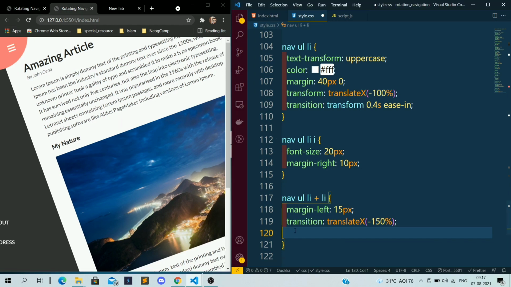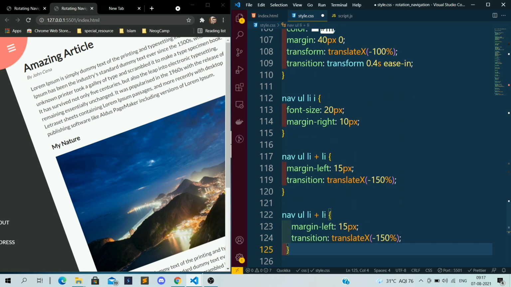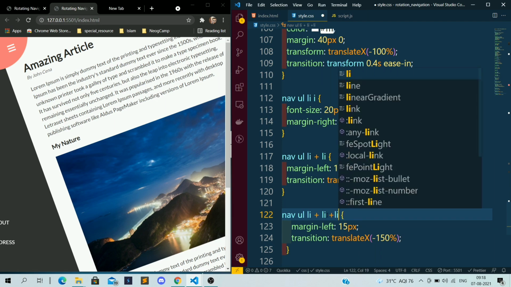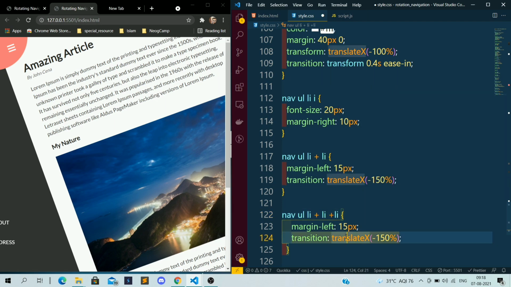Okay, so similarly I want to apply this for the third li also. So I just copied it, and I will give one more plus for the third one, and I will give this 30 pixels so that it will show somewhat in the right direction compared to about.